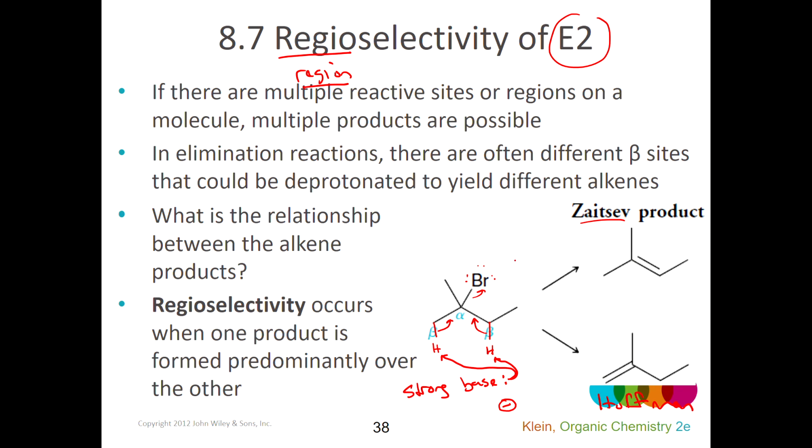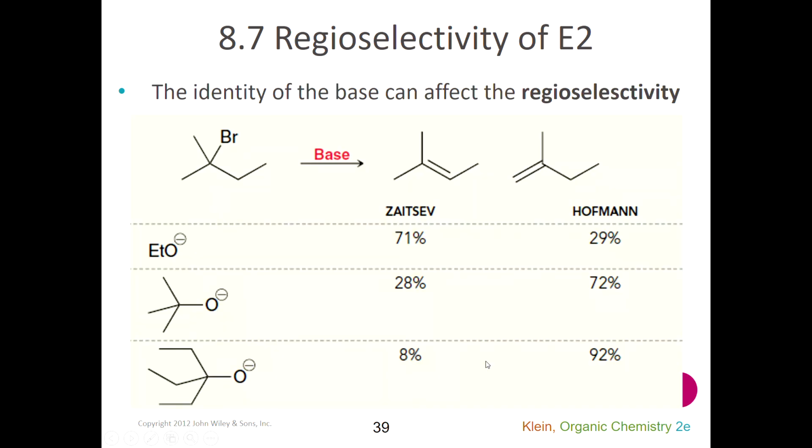So I need to think about how can I control this reaction, right? If I want to use this reaction to make a double bond, I don't want to get a 50-50 mixture. If I'm only interested in one of these products, I don't want the other one to form. So I want to try to control where the collision will occur. And so that's the next topic that we have to deal with. So these are, real quick, constitutional isomers. And regioselectivity is a question of which region of this molecule, this beta proton or this beta proton, my base is going to collide with. And so it turns out you can control where the reaction occurs to an extent